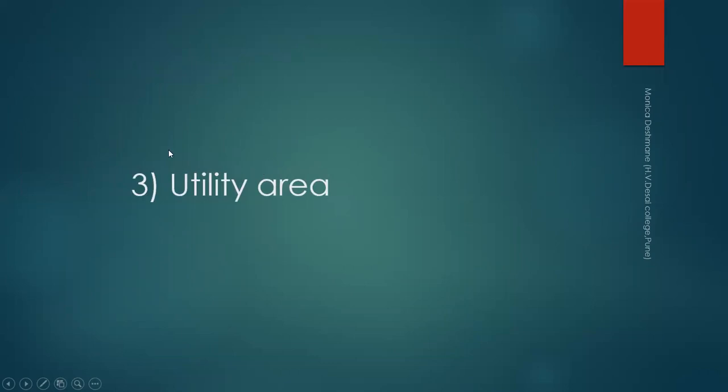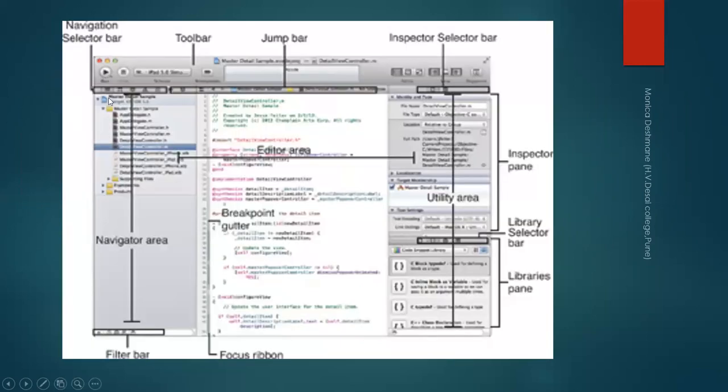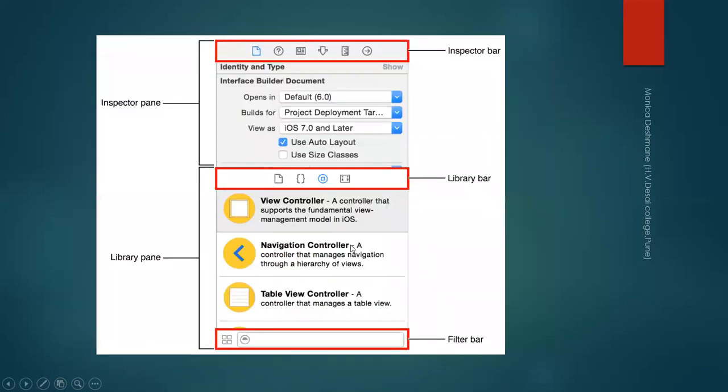Now, the third part of the Xcode interface is the utility area. So, what actually is the utility area? Again, recall this figure, which shows the navigator area, then the editor area, under which you get the debug area, and this right panel, which is the utility area. The utility area contains the inspector pane and the library pane, or library bar. Under the inspector there are two categories actually. I'll show you again in the next figure.